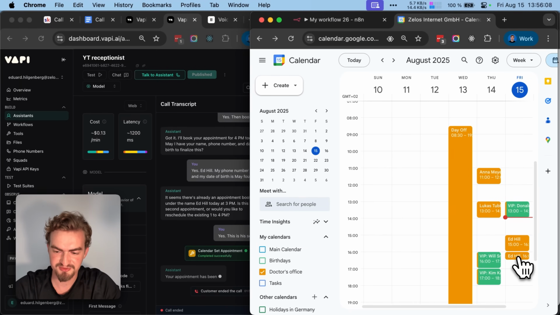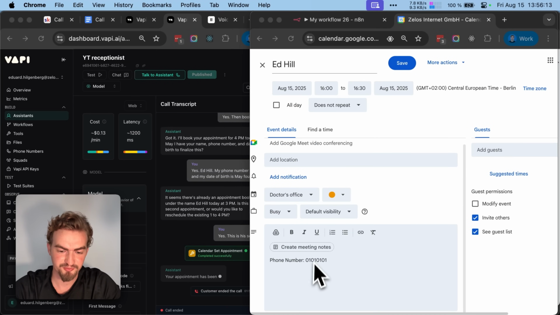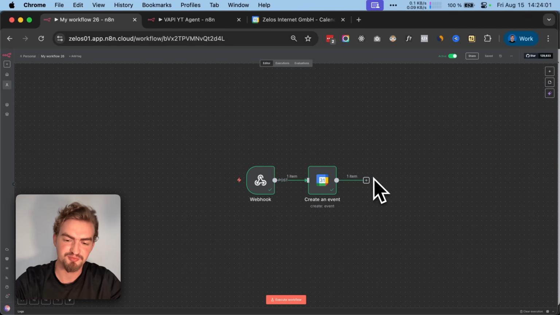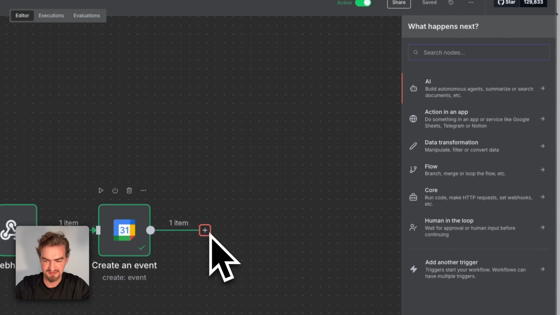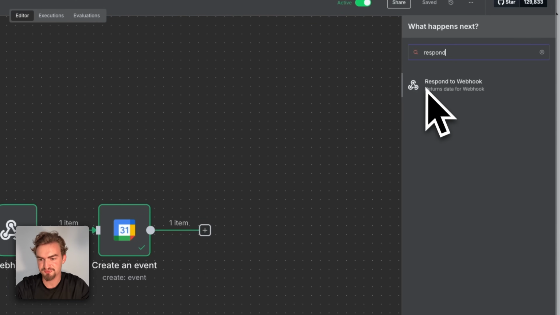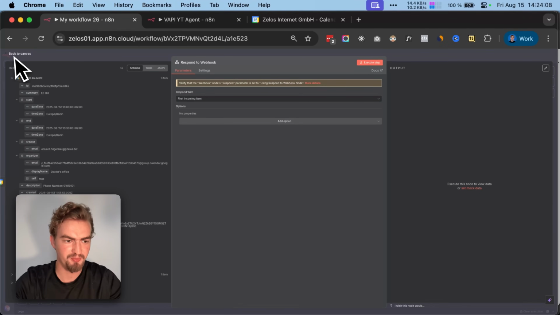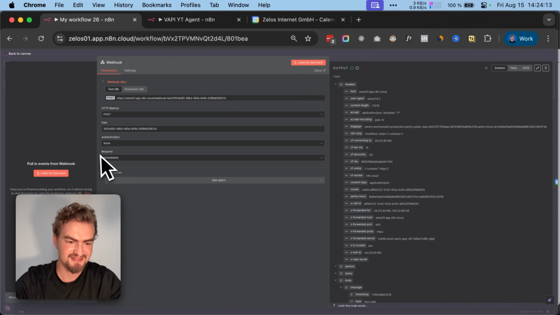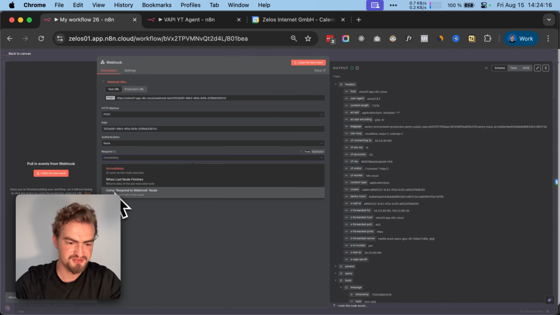Now, when we double click here on this event, we also see the phone number here. And the last step we have to do is send back a response. For that, we click here the plus icon, type in respond and select Respond to Webhook. Then we go back to Canvas again and double click on our webhook here and select Respond to using Respond